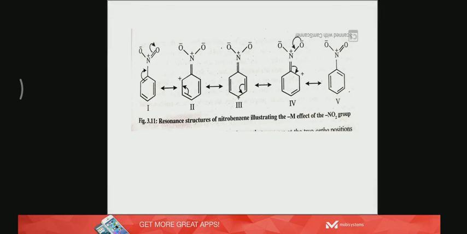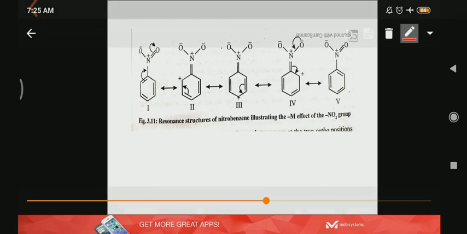You can see here the minus R effect operating in nitrobenzene. NO2 group is strongly deactivating. When it is attached to the benzene ring, you can see the pi electron density is going out of the ring. NO2 group withdraws electron density from the ring. And in these resonance structures, that is 2, 3 and 4, you can see